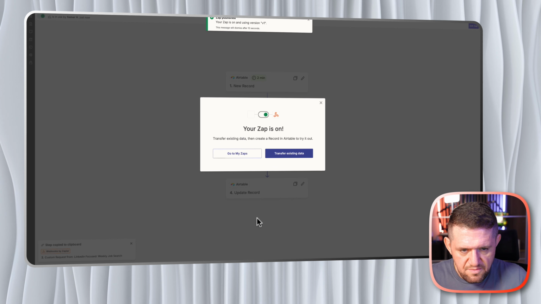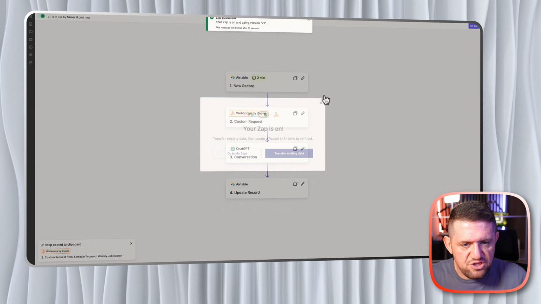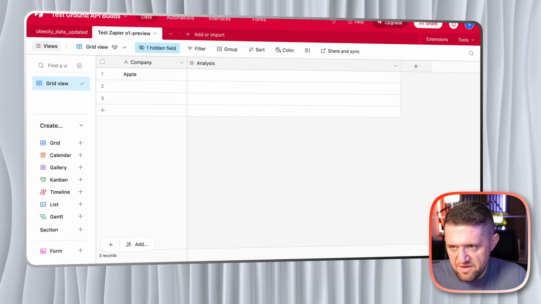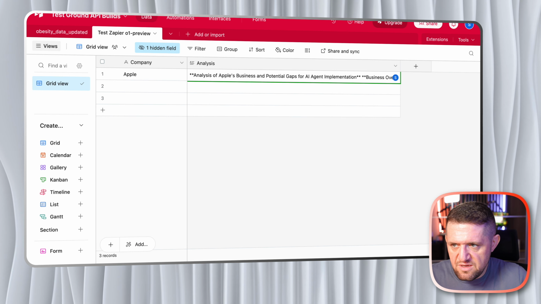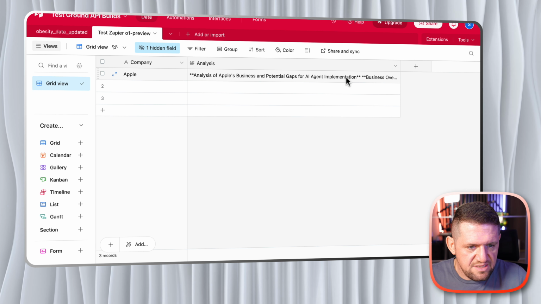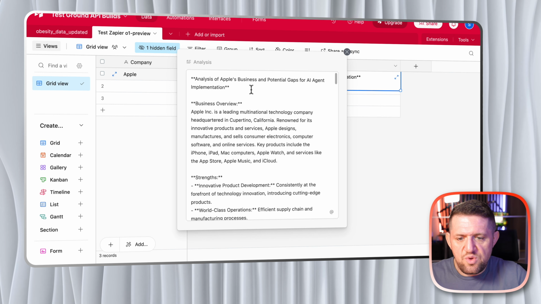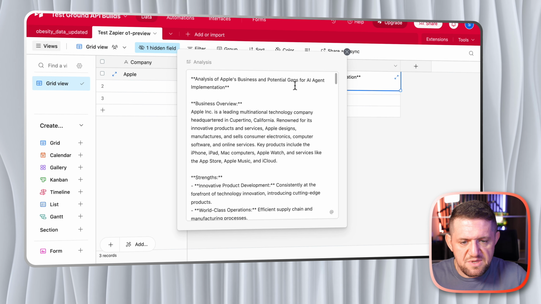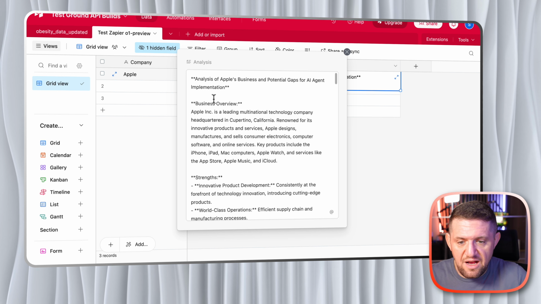Actually, let's publish it. Okay, so now it's published, it's on, the automation is live. So we go here, let me refresh. Okay, without refreshing, it came. So if I double click, we can see the analysis of Apple's business and potential gaps for AI agent